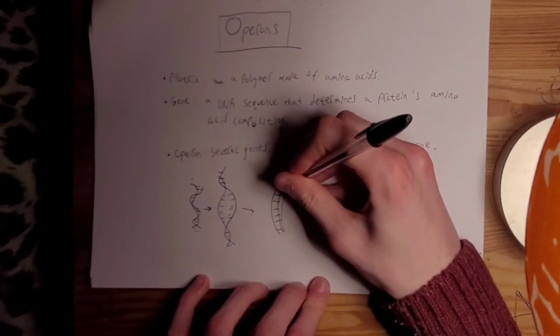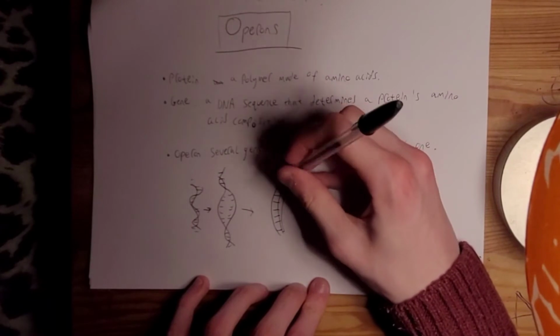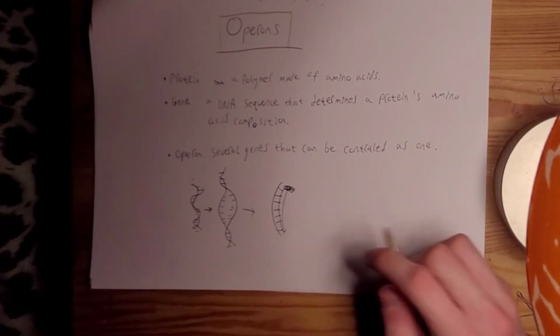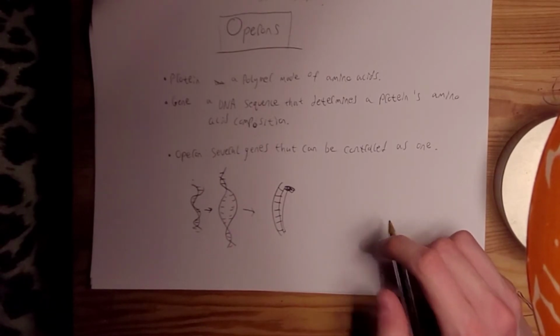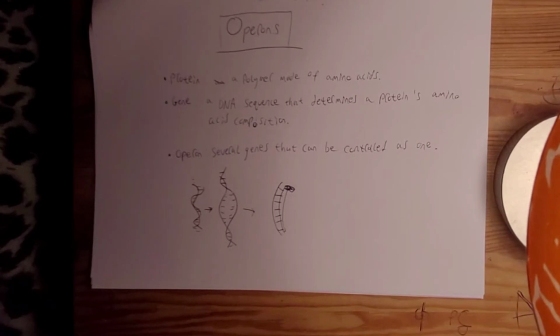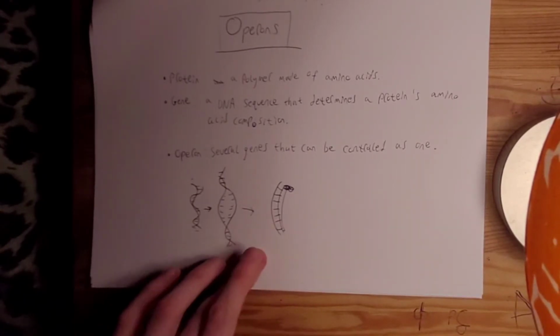We'll draw the RNA in white. So this is zoomed in here. And this RNA